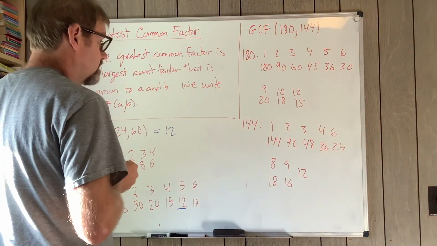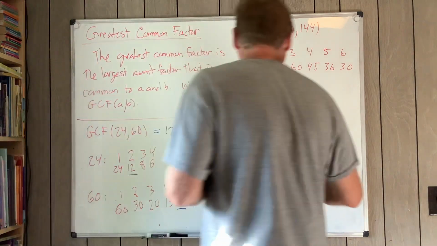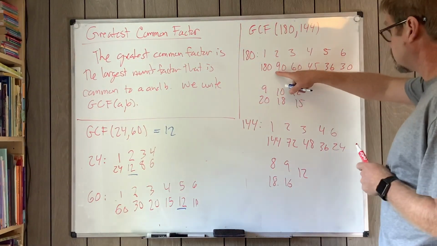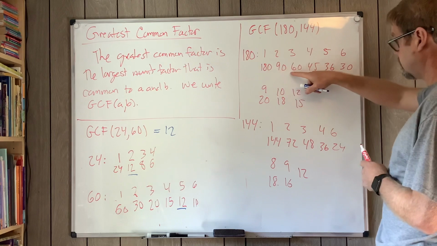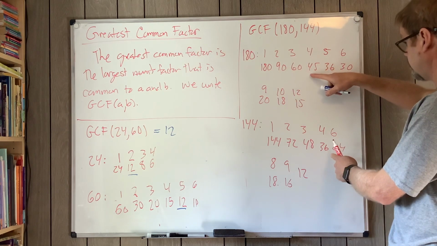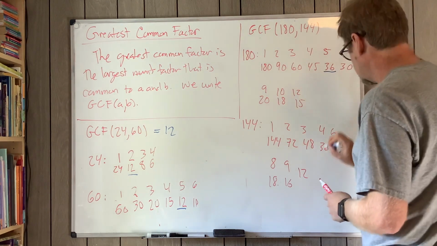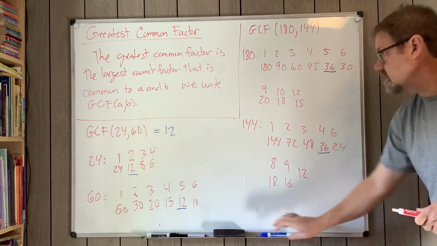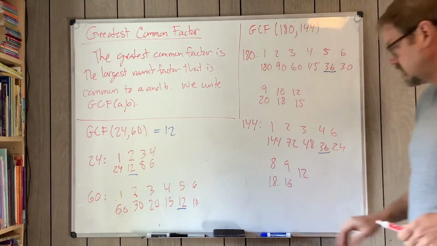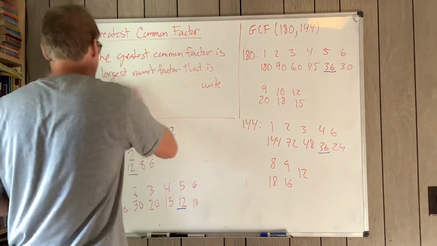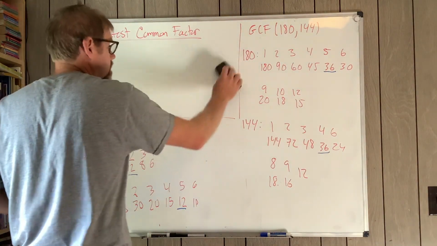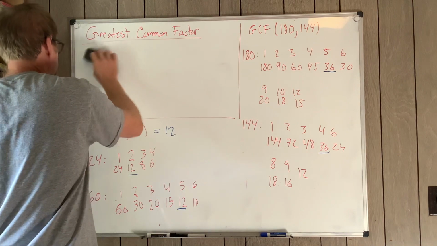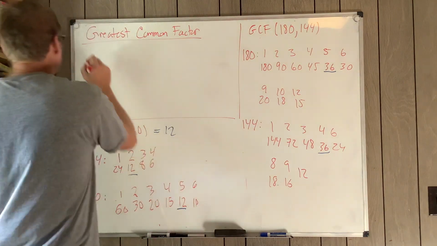Okay, so we just scan. I usually take the bigger number and keep going. 90 isn't in there, 60 is not in there, 45 is not in there. Looks like it's 36. Now this is a bit of a pain if you look at this. So using